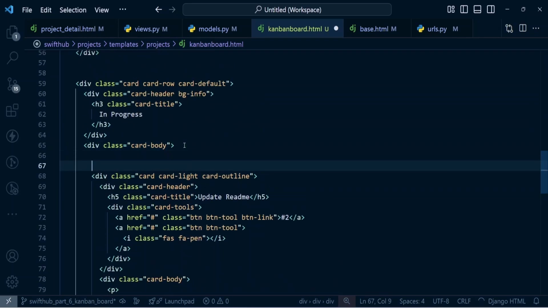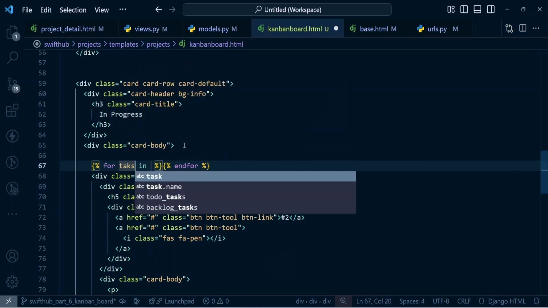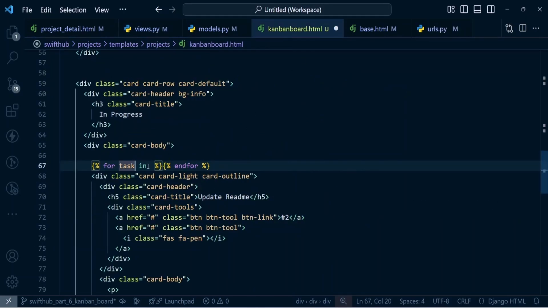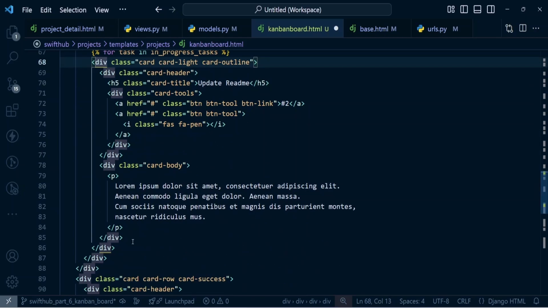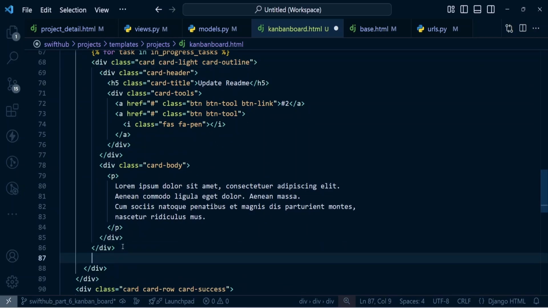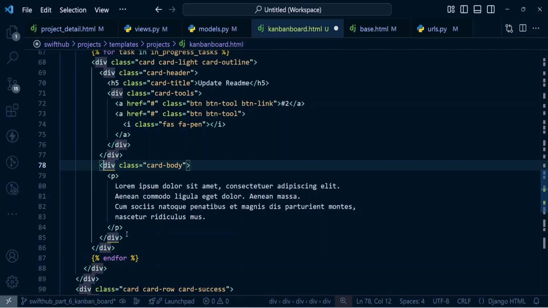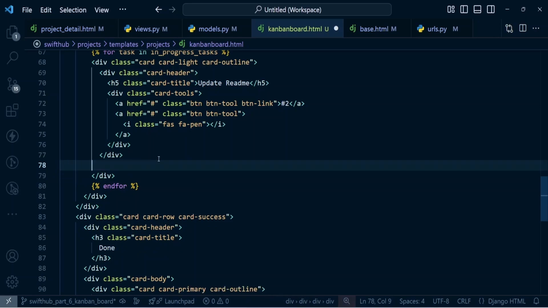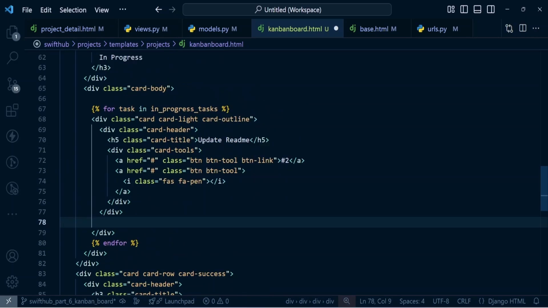All right. So you're gonna do for, and it's just gonna be task like this. Come back and then get the variable for in progress, and then we're gonna paste it over here. Cut the end of the for loop, and let me click on this div to get the end and the closing part, and I'm just gonna wrap it over here. First, we don't need the card body or the description, something that we are going to be dealing with very soon. So I'm just gonna clear this part over here,